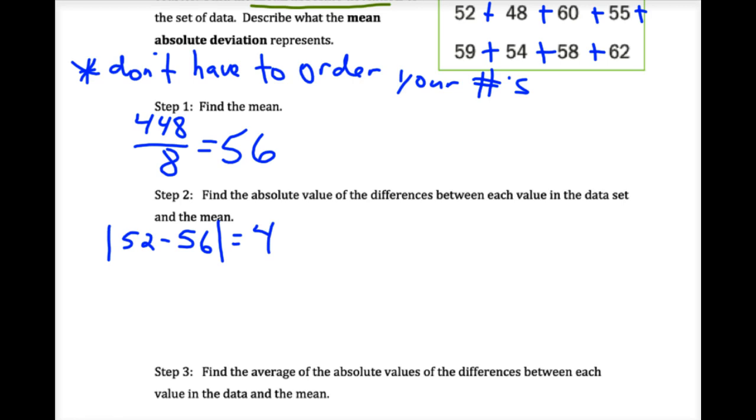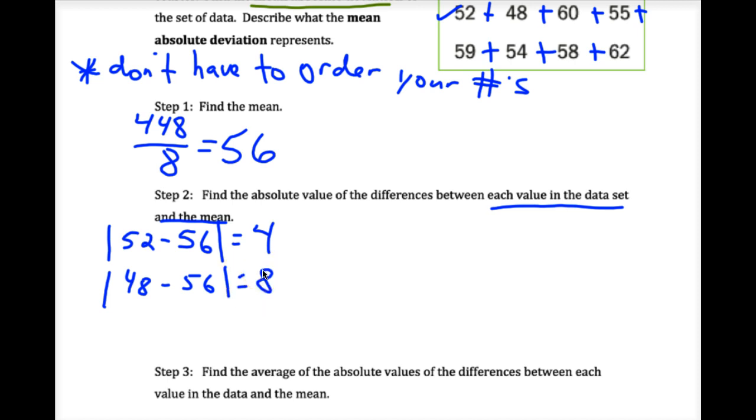Miss Teddy, how did you get 52? Great question. Find the absolute value of the differences between each value in the data set and the mean. So you have to do all of them? I gotta do all of them. So, I just did the first one. It's 4. Watch this. Teddy, what's the second piece of data in the table? Nice. 48 minus 56, the average. Is anybody smart enough to do that in their head? 8. 8.